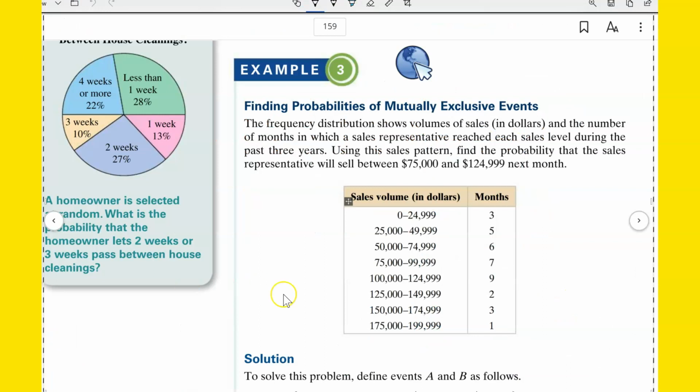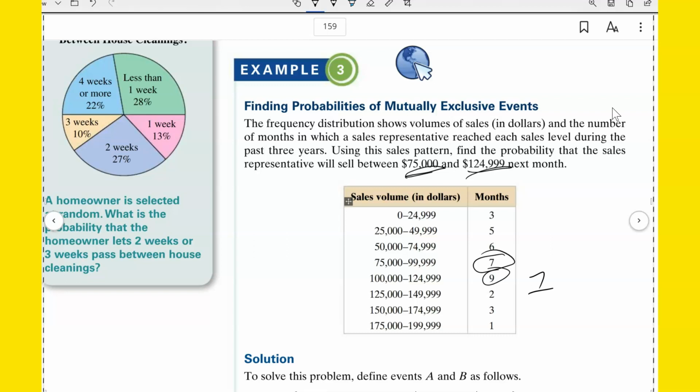Example 3 here. The frequency distribution shows volumes of sales in dollars and the number of months in which a sales representative reached each sales level during the past 3 years. Using this sales pattern, find the probability that the sales representative will sell between 75,000 and 124,999 next month. All right, so between 75 and 124,999, well, that would be between 75 and 124. That would be this one and this one, right? So it's just going to be